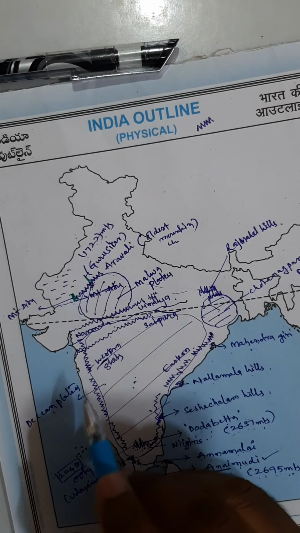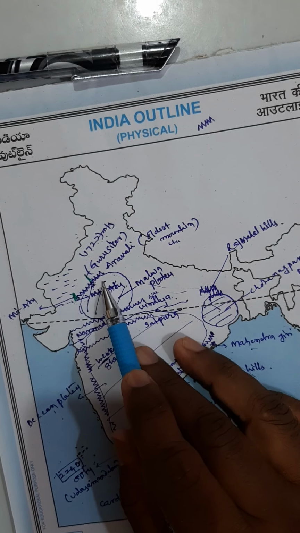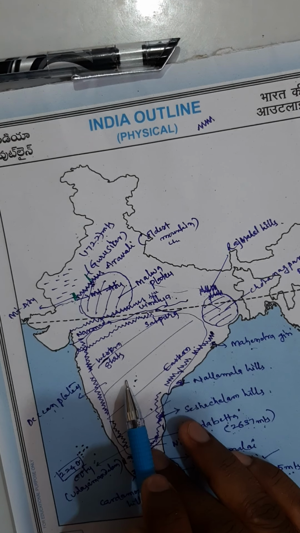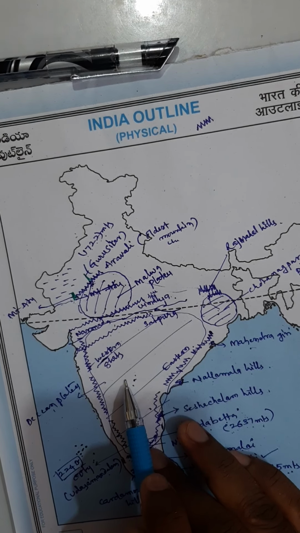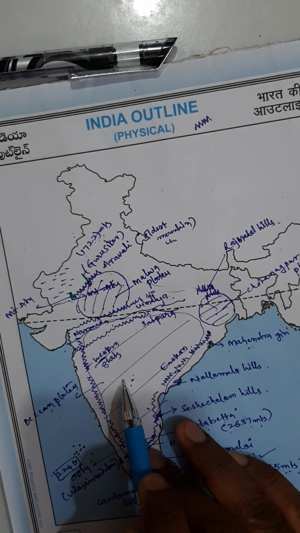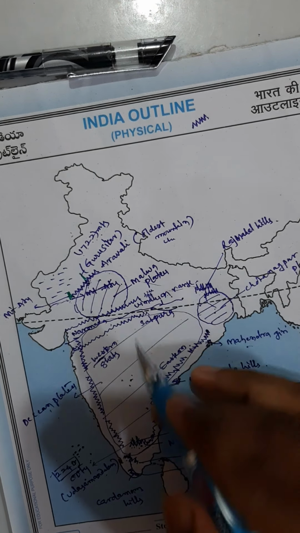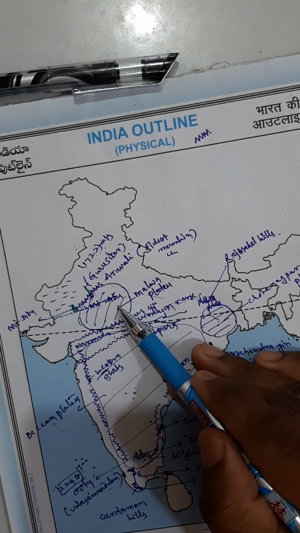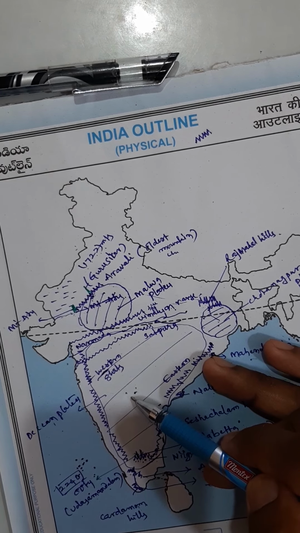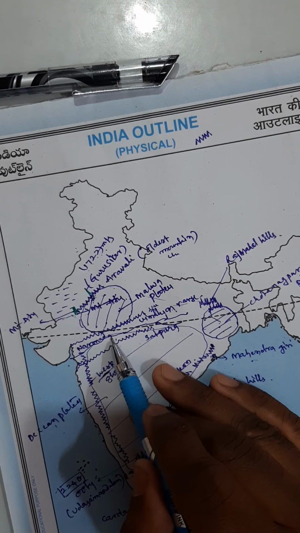So the Vindhyan range, the Vindhyan mountains, going to divide the Malwa Plateau and the Deccan Plateau. You may be asked a question, which mountain range divides the Malwa Plateau and Deccan Plateau? The answer is Vindhyan range. Vindhyan mountains or Vindhyan range divides Malwa Plateau and Deccan Plateau. Otherwise, sometimes you will be asked, which river divides Malwa Plateau and Deccan Plateau? That is the Narmada river. Narmada has a lot of importance.